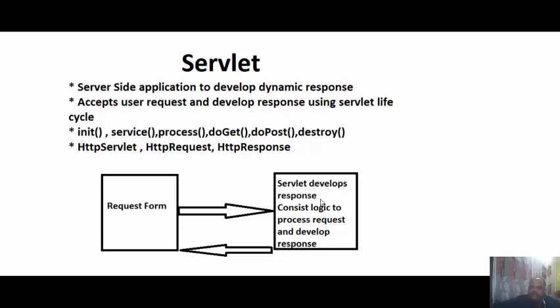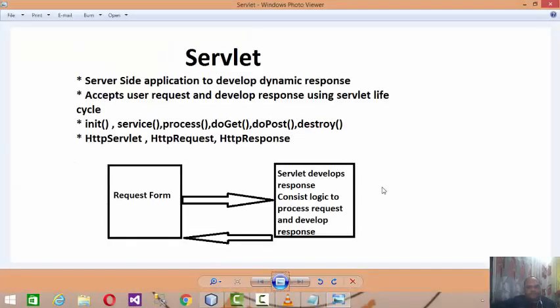So servlet is available in the servlet container. By using the servlet engine, it runs on the server, accepts the data, processes the data, and then develops the response for the user. And in this manner, servlet generates a dynamic response for the user. Let us understand all the stuff we are discussing up till now theoretically by a practical demo.